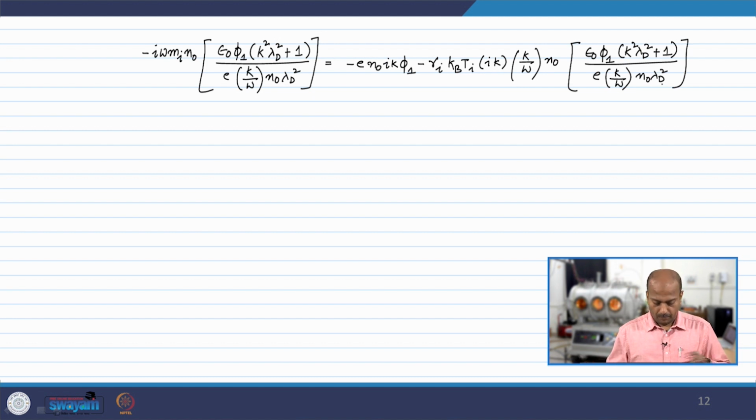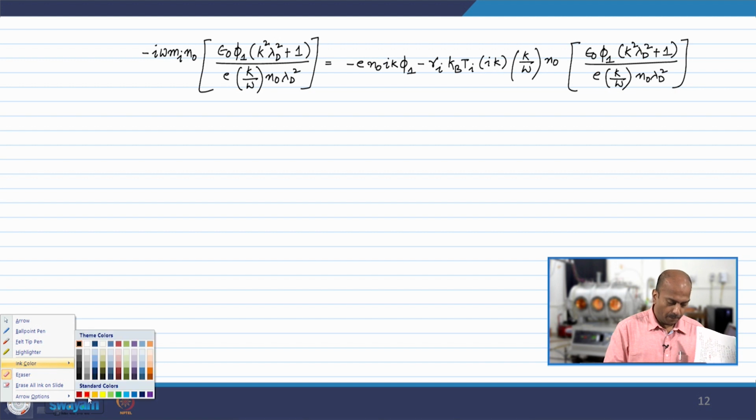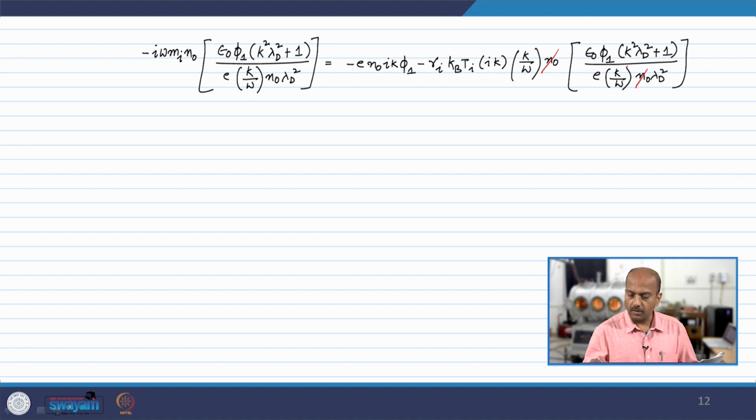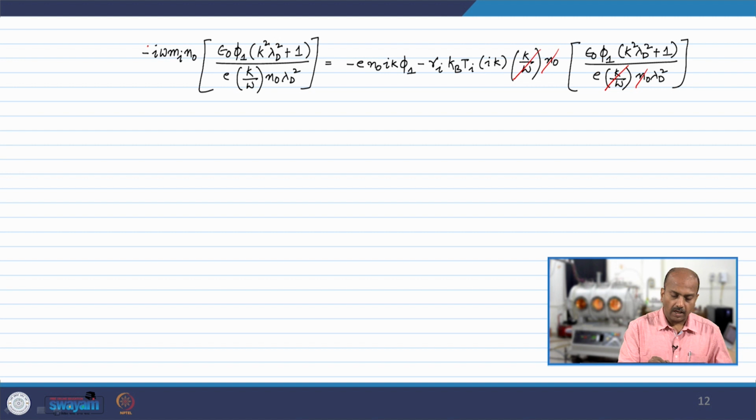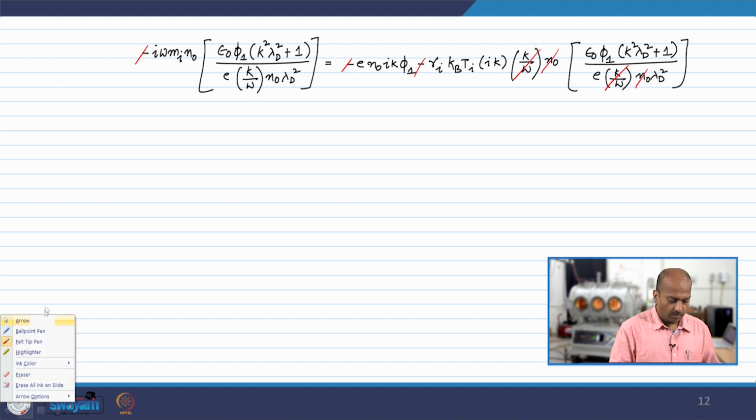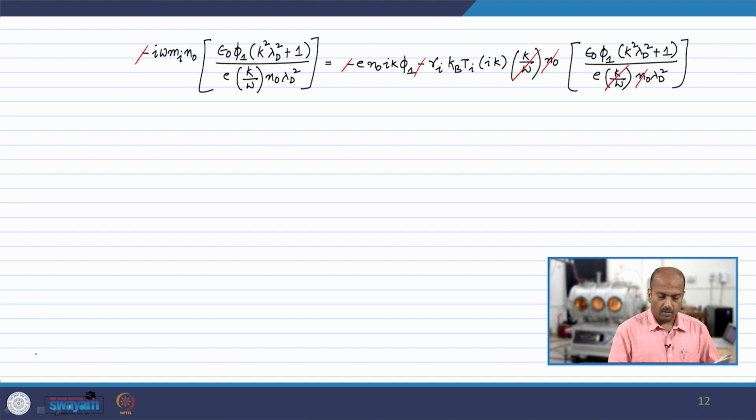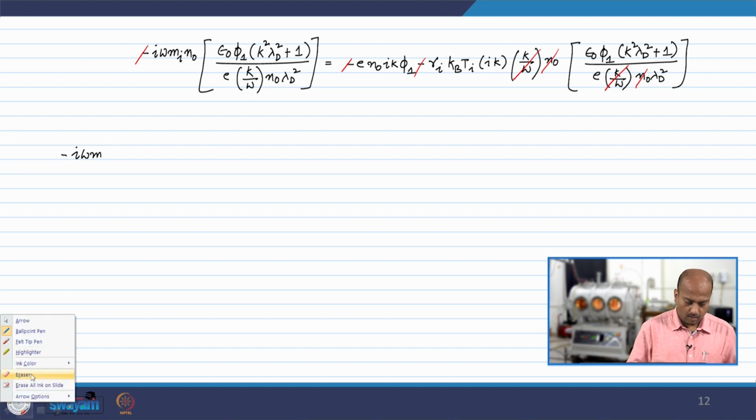We have just substituted ui1 wherever it was appearing, here and here. So we can cancel some things. N naught can be cancelled. K by omega can be cancelled. And we can cancel the minus signs. Now we can rewrite this expression as this: minus I omega